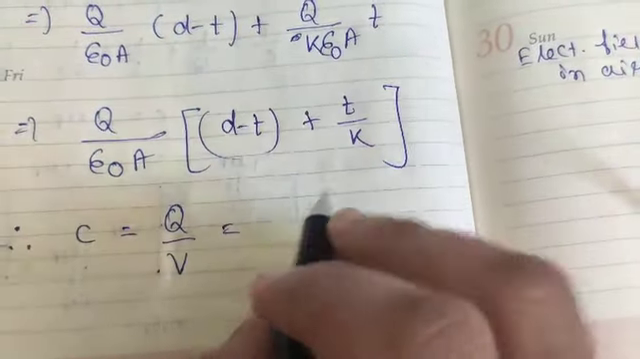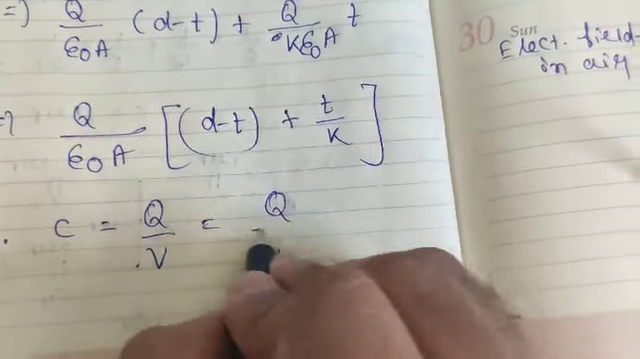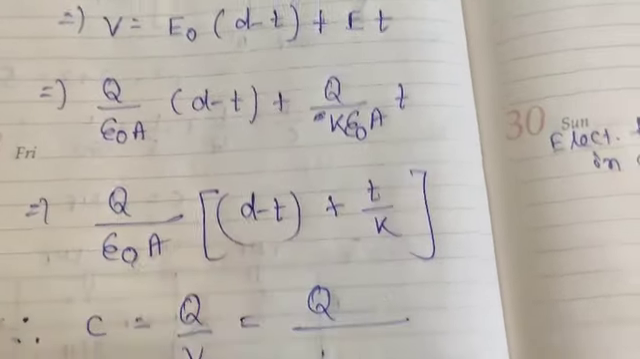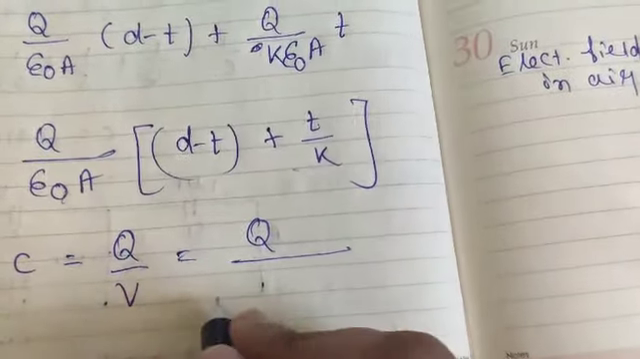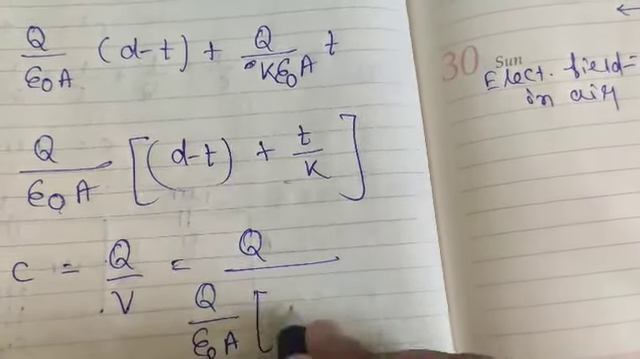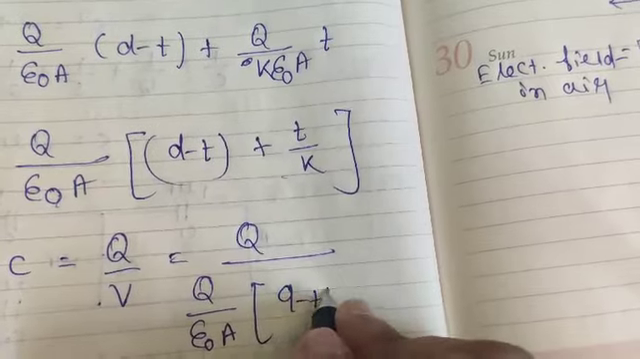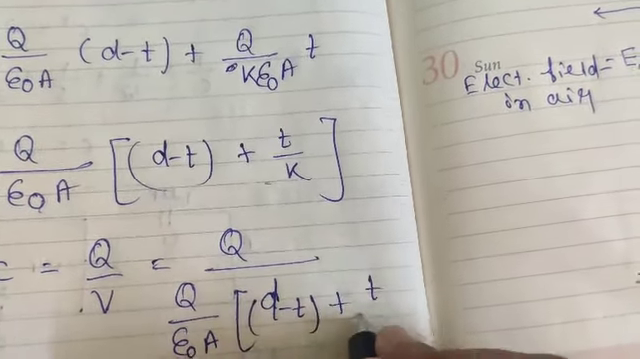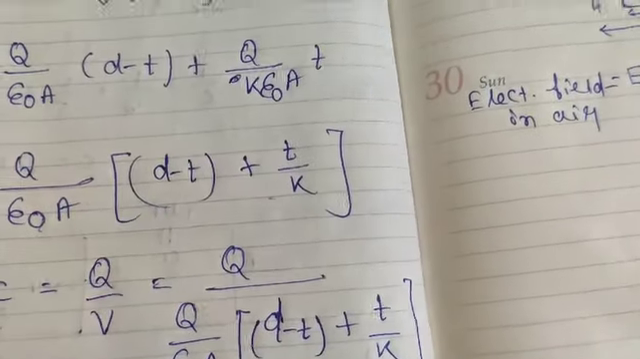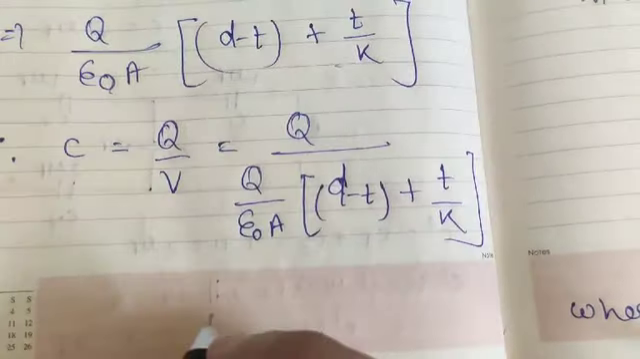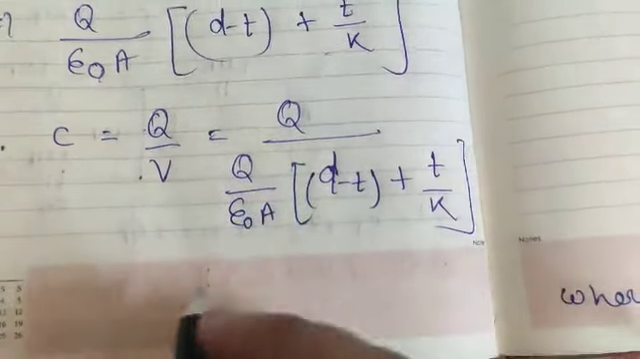So let us place it. Q by, what is the V right now? This is my V. Okay, let us place it here. It is Q by epsilon naught into A, D minus T plus T by K. Okay, so if you solve, you will get the answer, as Q will be cancelled, epsilon